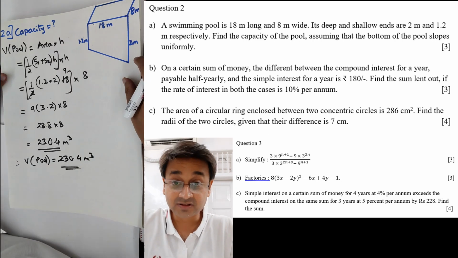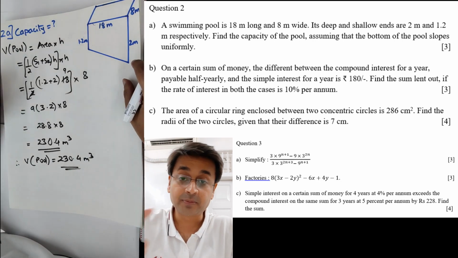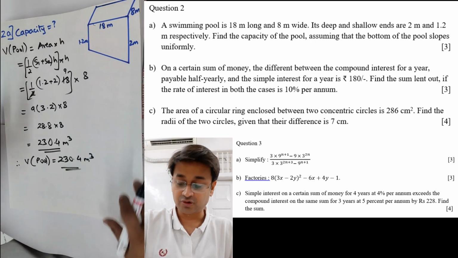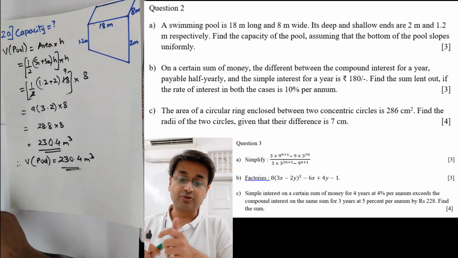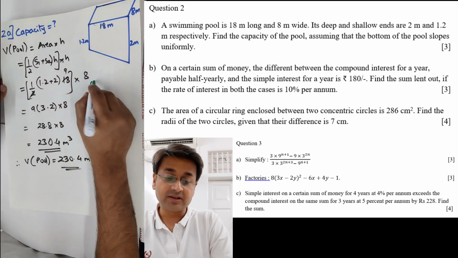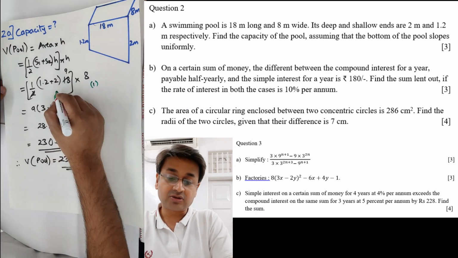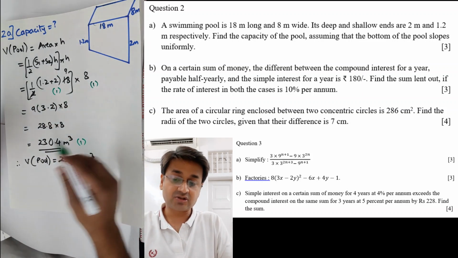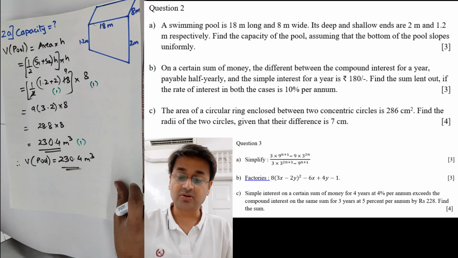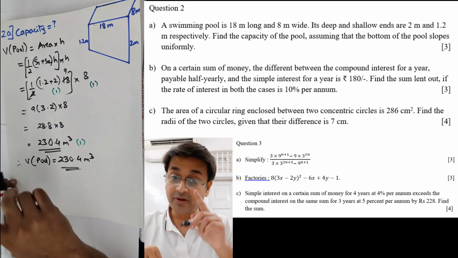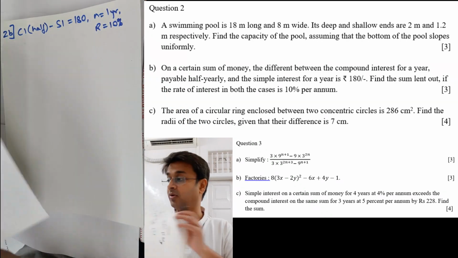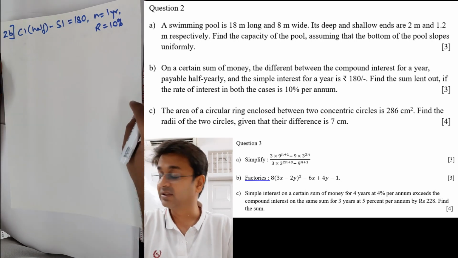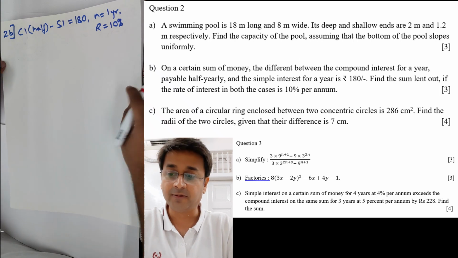Here you go. It's a good question. You can 100% expect such sums in the exam. Okay, so please do them. Okay, mark distribution I forgot. Sorry. So your mark distribution, first 1 mark for getting this entire formula correct. Next 1 mark for getting this formula correct. So you can give 2 marks here itself, and last 1 mark for the final answer, that is 230.4 meter cube. If meter cube not written, please deduct 1 mark. They've not asked you in liters or anything, so you can leave the answer there itself. If you convert, no problem.